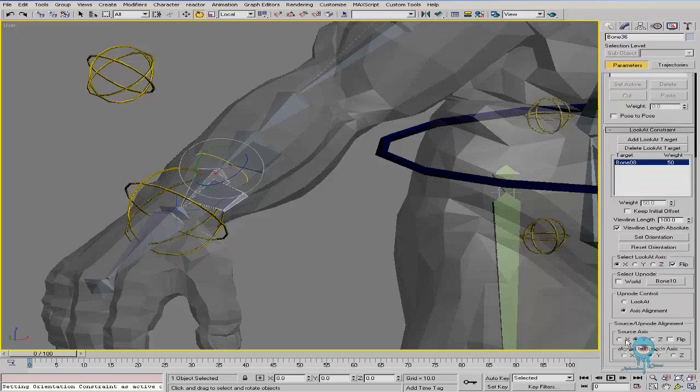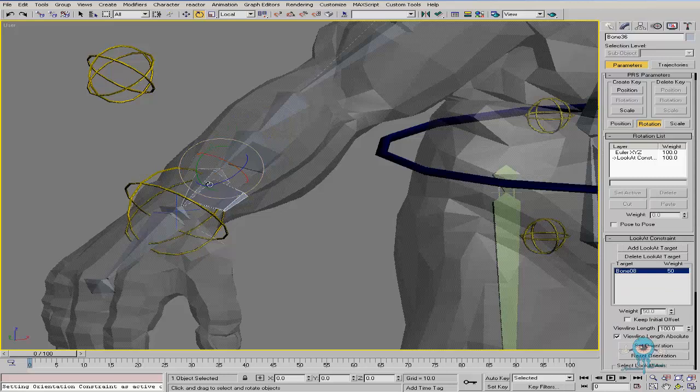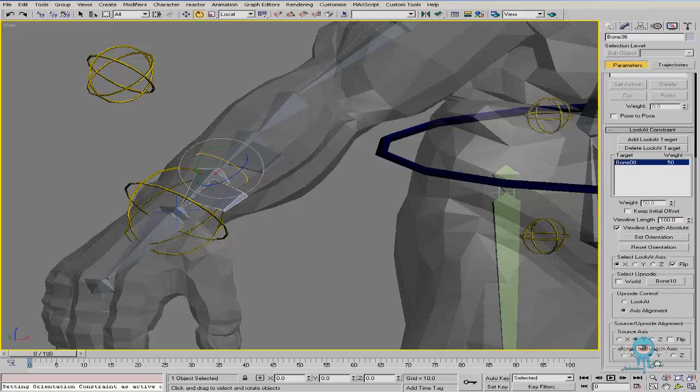So to set that up again, it's just a matter of playing with the source axis to find the axis that's going to work, and then playing with the align to up node axis to get the bone back into the orientation that we want. We don't need to do anything with the orientation constrained bone because it's just directly orientation constrained between the two. We do have to make sure that this bone ends up back in the correct orientation though, and if you remember, if I'd left the align to up node axis set like this, with this one in between partially,